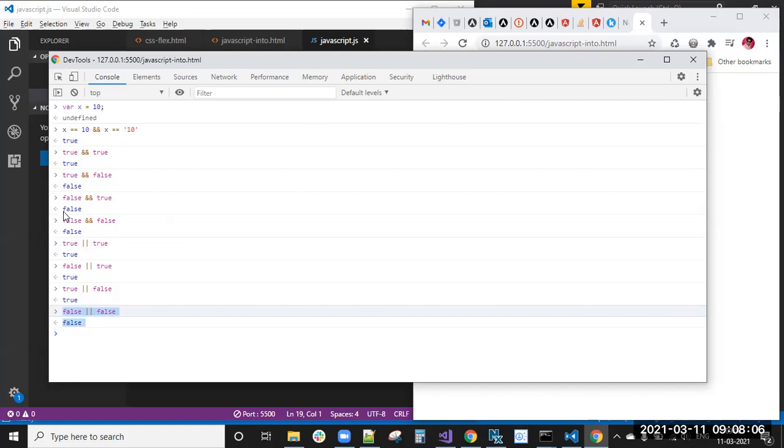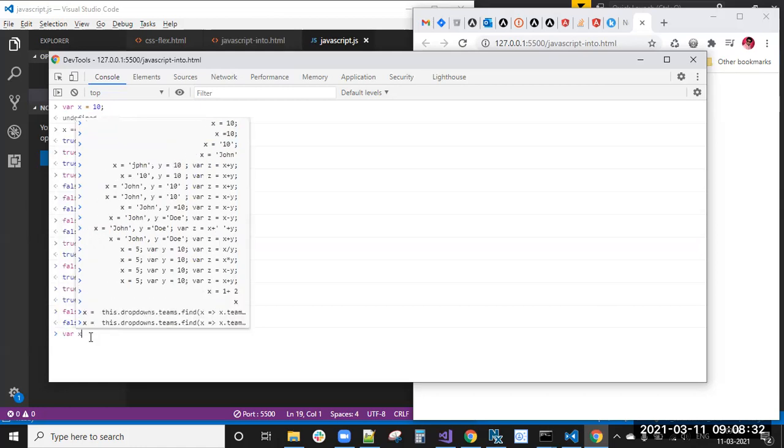But you need to remember this condition only. In and conditions, if any one condition is false means that condition will be false. But in or condition, any one condition is true means that condition is true. These things you can remember.